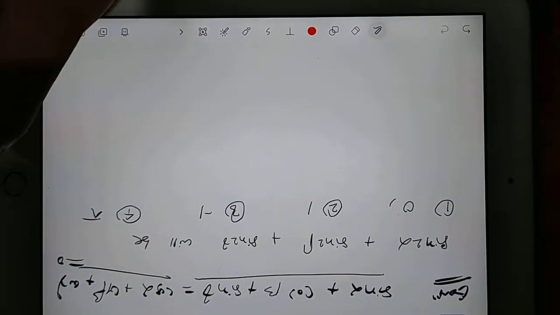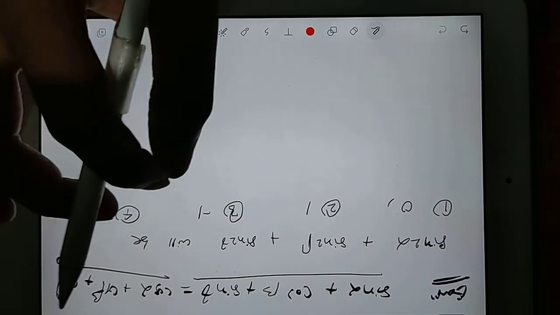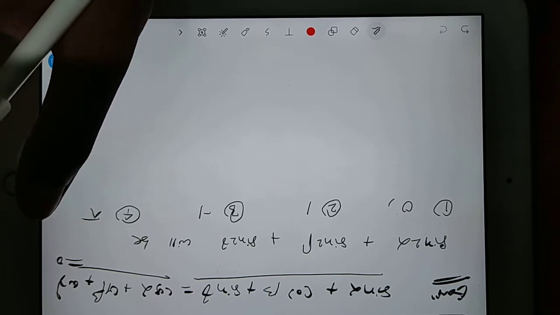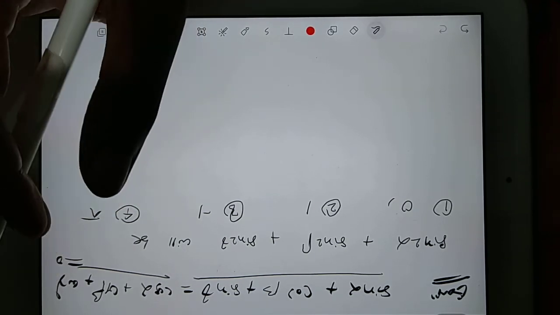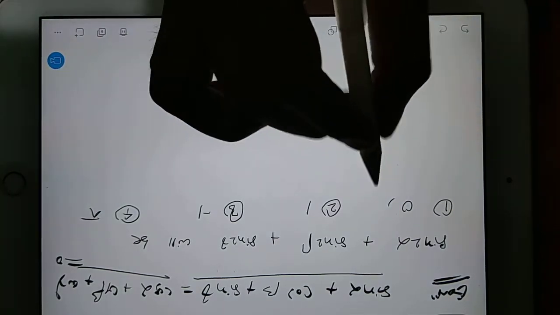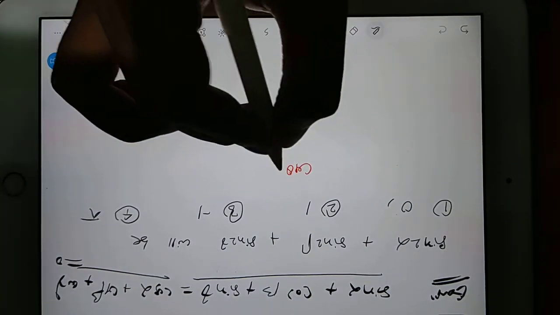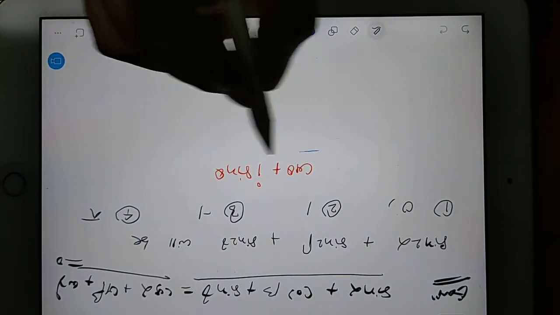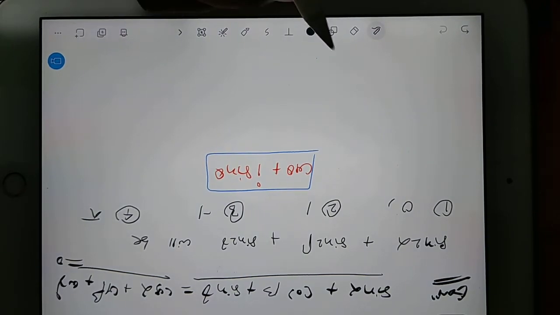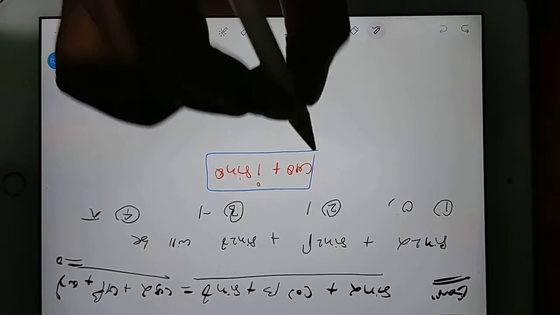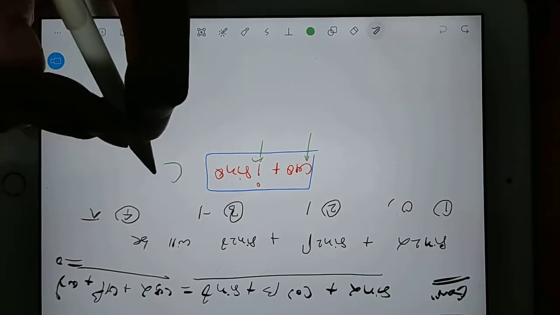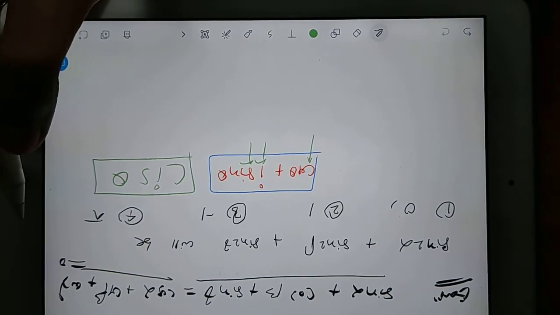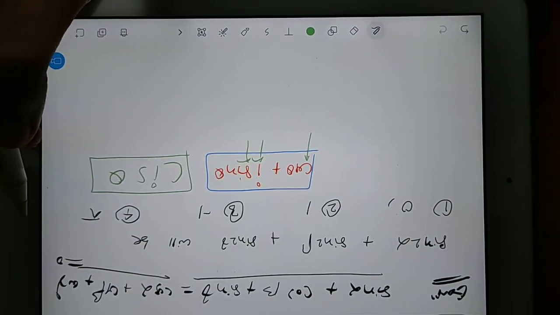So let's solve this question. With the help of De Moivre's theorem, you can solve this question. Right now you should remember, whenever there is a requirement of cos theta plus i sin theta, then this total big part, there is no need to write again and again. We have a shorthand for that: copy C from here, copy i from here, and copy s from here, cis theta. We say cis theta, like cis alpha, cis beta.